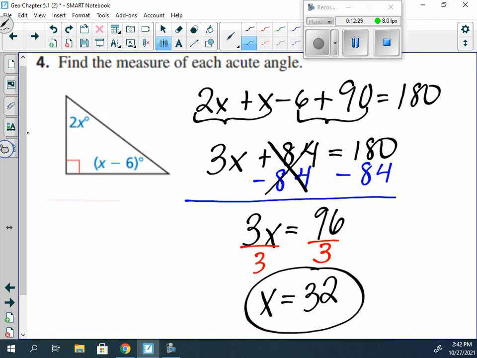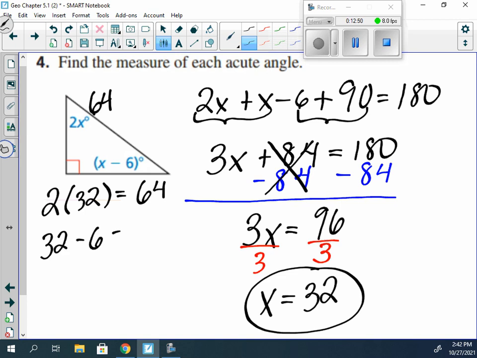Find the measure of each angle. We have to plug it back in. Okay, so 2 times 32. Well, it's asking you to do 2 times 32, which is? 64. So one of the angles is 64 degrees. And then 32 minus 6 would equal